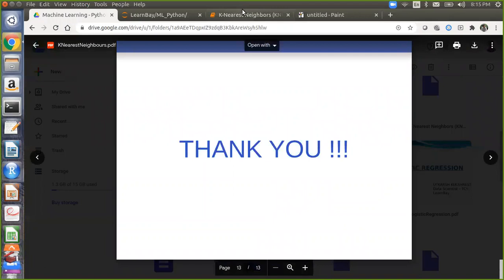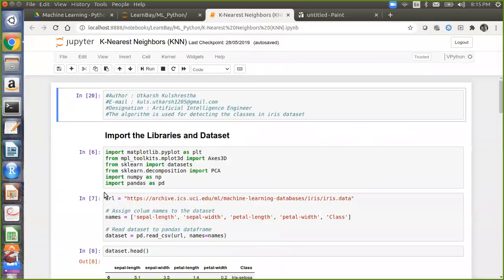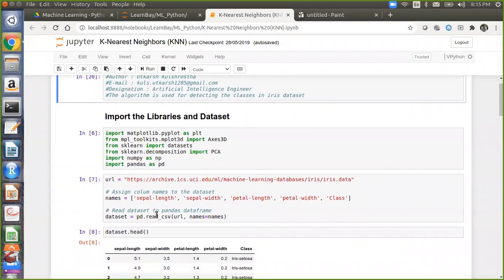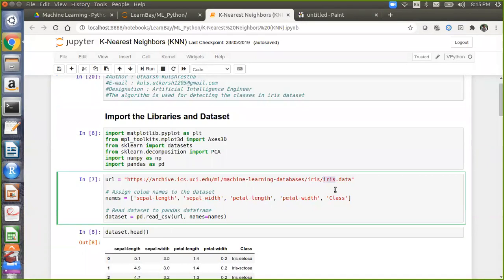Now I will take you through the code and tell you how to find the optimal value of k in the k nearest neighbor algorithm. Here I am taking 3 classes. Till now we have seen only 2 classes, 0 and 1. Now I will show you 3 classes, so one more class is added. This is a famous data set called the IRIS dataset. It was created by Ronald J. Fisher, a great statistician.